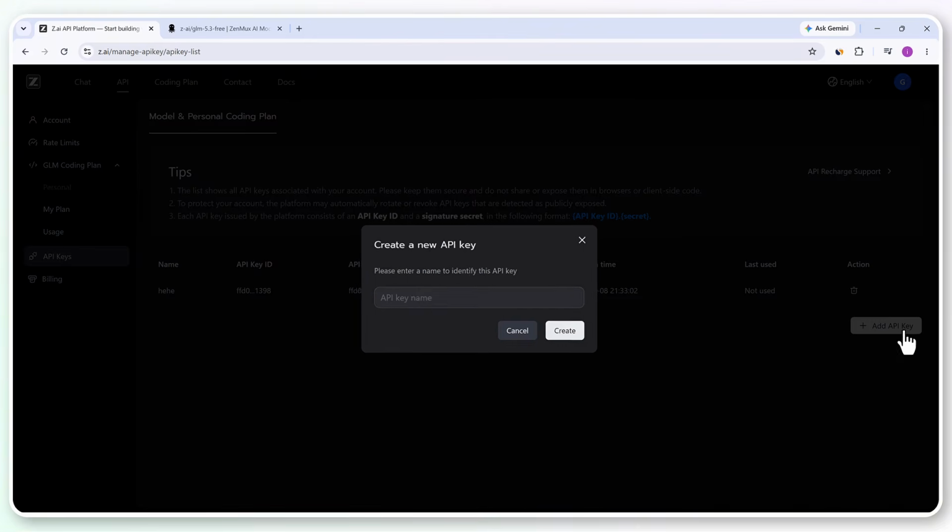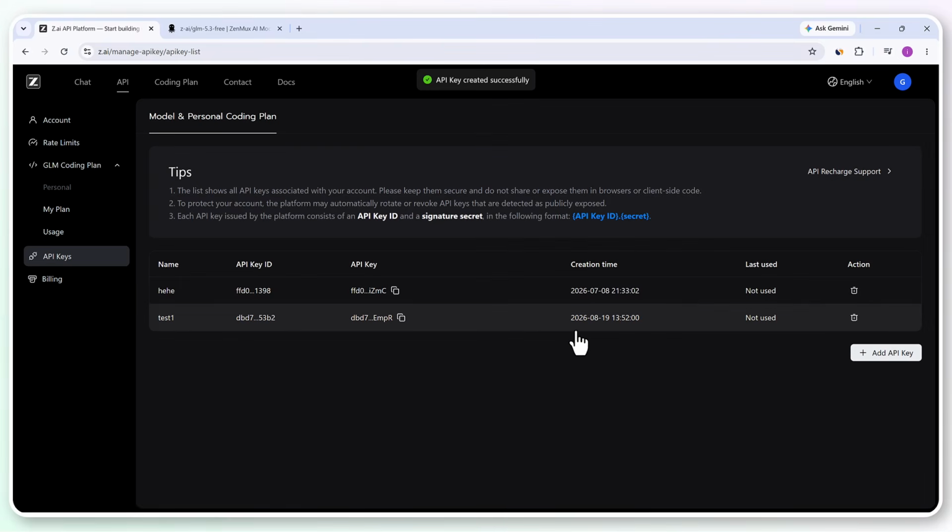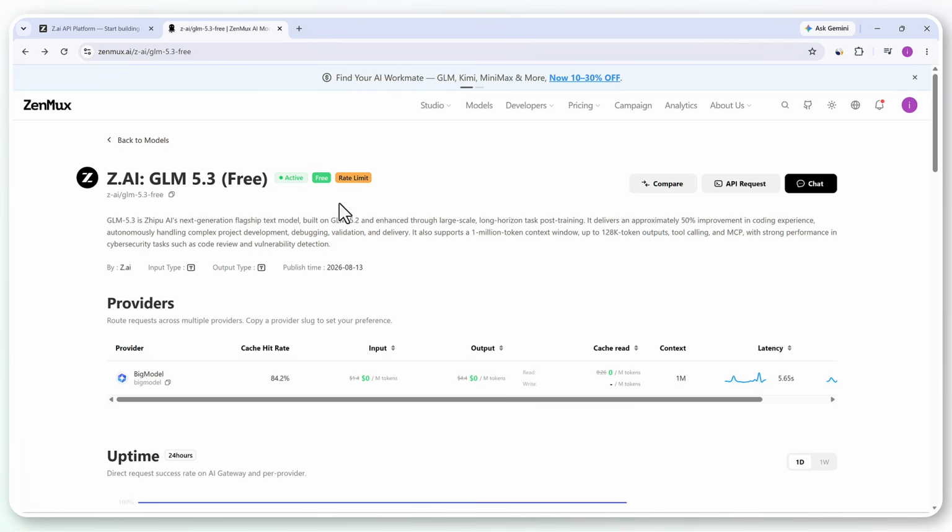First, let's create an API key here on the GAI. Name this API key anything that you want and create the API. Once it is ready, let's create an API key on Genmux so that we can use this GLM 5.3 for free. So you can click on API request option